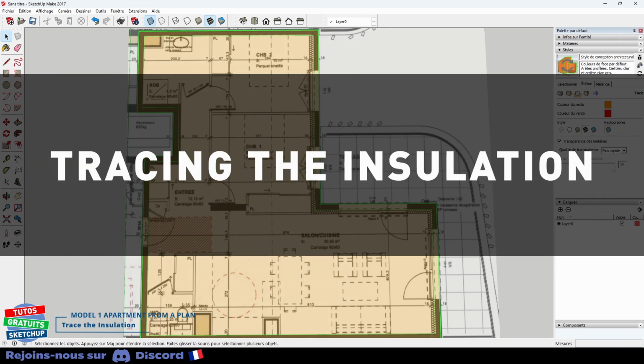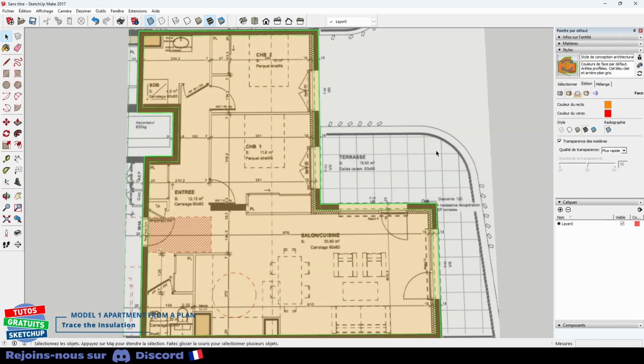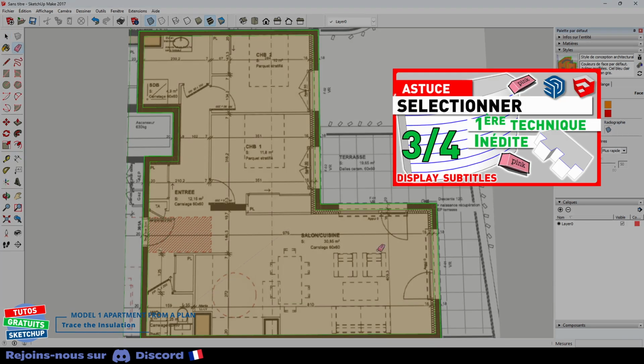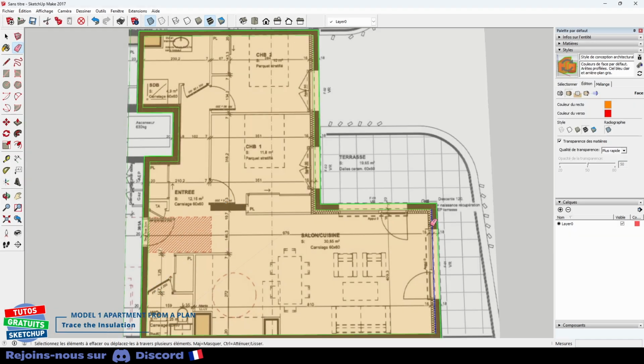We will now create the offset of our insulation. To do this, I will first select the edges that I want to offset with the eraser. This is a technique that I developed some time ago. I put the sheet at the top, or the link in the description. I cross the lines like this. Spacebar and I release the mouse. This allowed me to select my 3 edges. I take the F tool, shift, inward. The insulation is 16, so I type 16 and validate with Enter. Same principle for the elevator insulation.